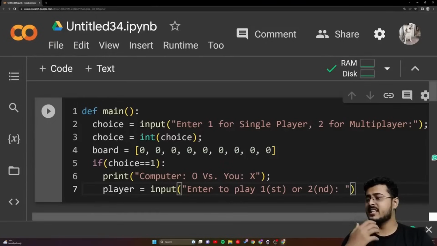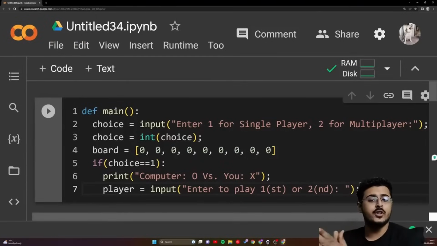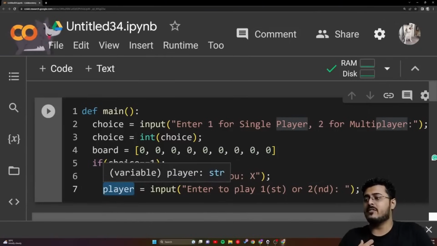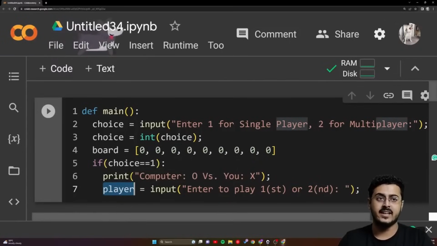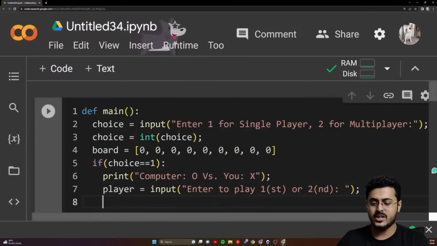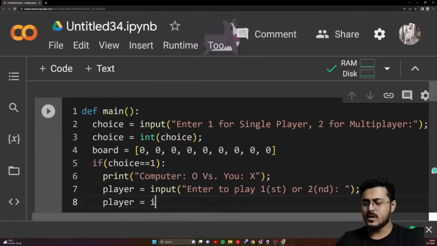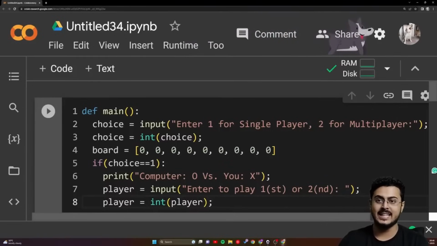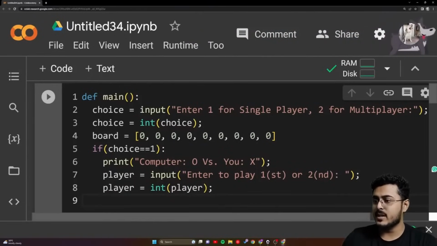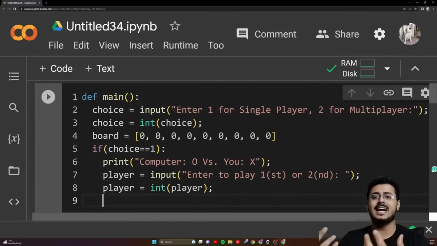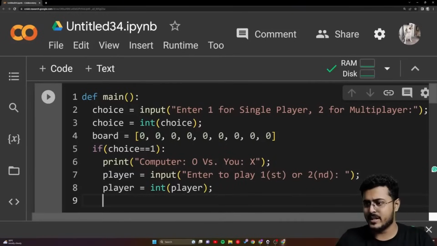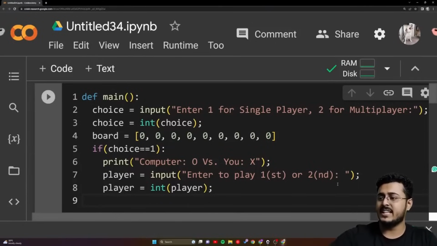So right over here, we are asking the player to give us an input whether he is going to play first or second. If he's first, then the player value will be 1. If he's second, then the human player value is 2. Again, we need to convert it into an integer, right? So player is equal to int of player. We want to convert it into an integer. We cannot use it directly. The next thing that we have to do is use certain other functions that we are going to build continuing in the classes itself. There are multiple functions that are going to be there. The first thing that we have to check right now is,